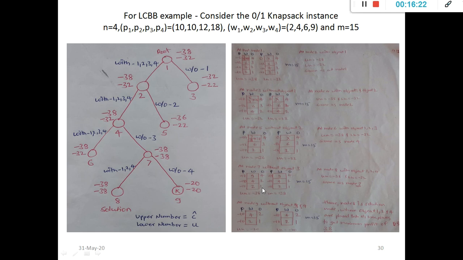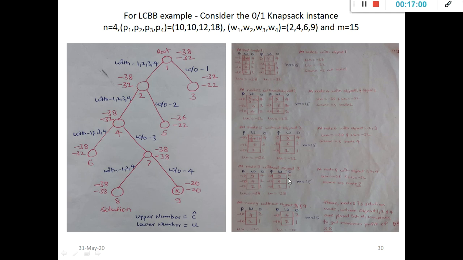That is, place object 1 into the knapsack, weight is 2, profit is minus 10. Place object 2 into the knapsack, weight is 4, profit is minus 10. The remaining space is 4 plus 2, which is 6, and the remaining space available is 9. Also the weight of object 4 is 9. That's why you can completely place object 4 into the knapsack. When you place object 4 into the knapsack, its weight is 9 and you will get the maximum profit as minus 18. That's why the upper number is minus 10 plus minus 10 plus minus 18,